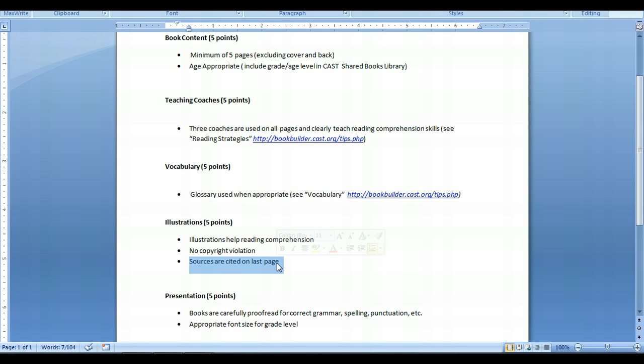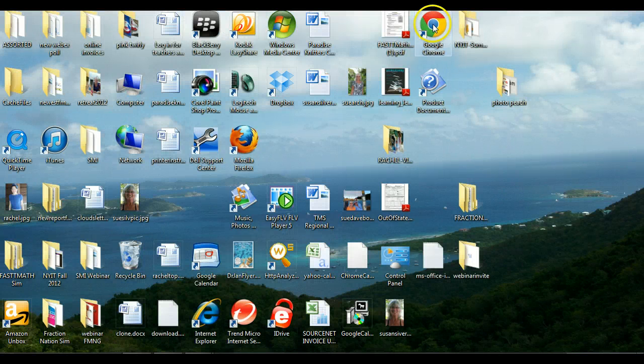That doesn't mean that you could go over to Google Images and choose any picture that you want and just copy the URL for the image and think you're done. No, because what I'm going to be demonstrating to you is just because something is on Google Images does not mean that it is not violating copyright. So what I'm going to do now is open up a browser,